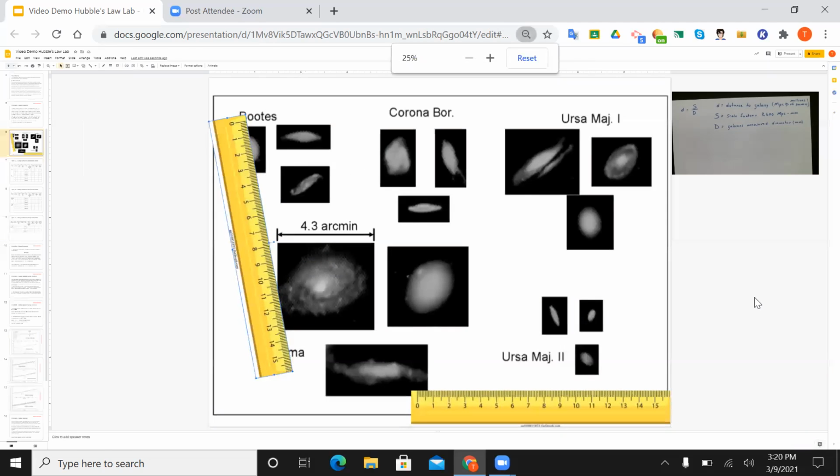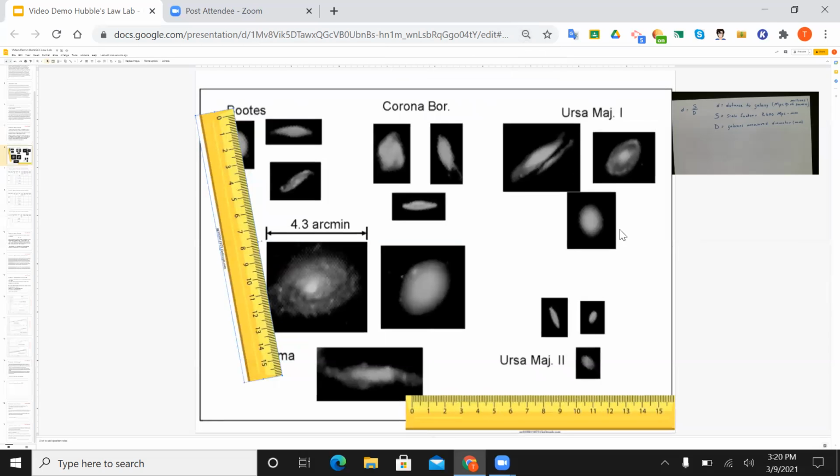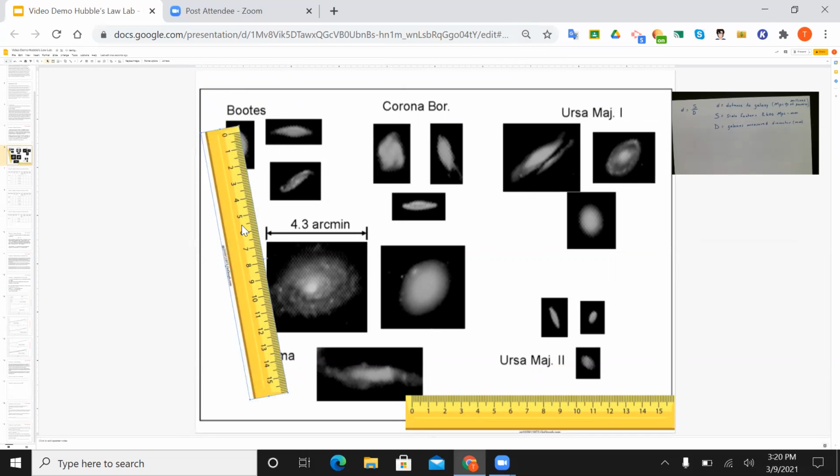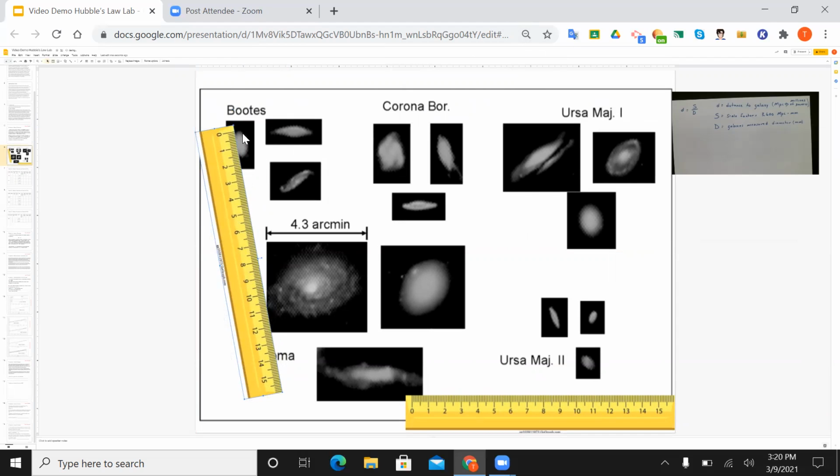And I'm going to go as big as I can. And then I'm going to move my ruler around so that I can see that it's lined up. And then I'm going to measure it in millimeters. There's 10 millimeters in a centimeter, and I've got 1.5 centimeters here. So that's 15 millimeters for that